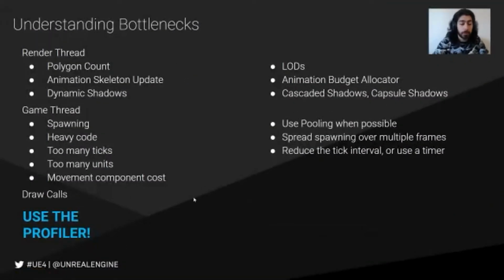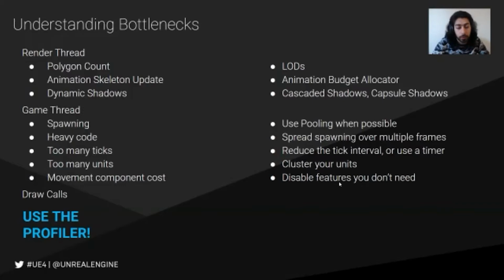Or yeah, just use a timer that is not doing it every frame. If you have too many units, you can cluster units. For example, if you have thousands of AIs, instead of moving each unit individually, you can group them together. So now you can have, let's say, every 5 AIs be a single entity that is only calculated once. There's only one point being calculated where they move, and they're all just moving with that point as a group. And you only separate them once there's a need for them to separate. So technically you pay the cost for 1, but they look like 5 units. And of course, there's the movement component cost, so just disable the features you don't need.